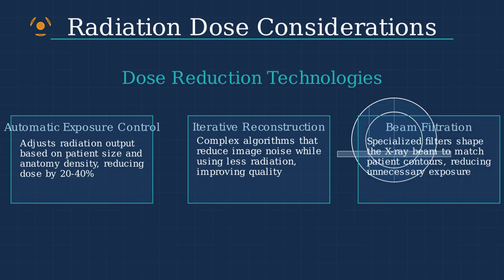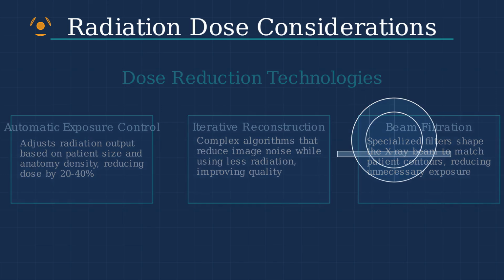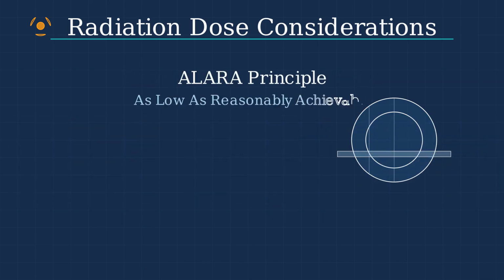Beam filtration uses specialized hardware to shape the X-ray beam according to patient contours, reducing scatter radiation and unnecessary exposure to sensitive organs. Beam filtration focuses radiation precisely where it's needed, eliminating unnecessary scatter radiation that doesn't contribute to image quality. Radiologists follow the ALARA principle,